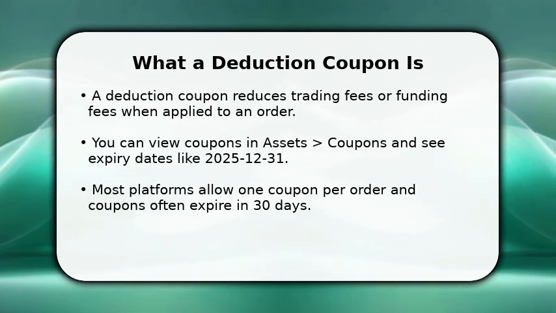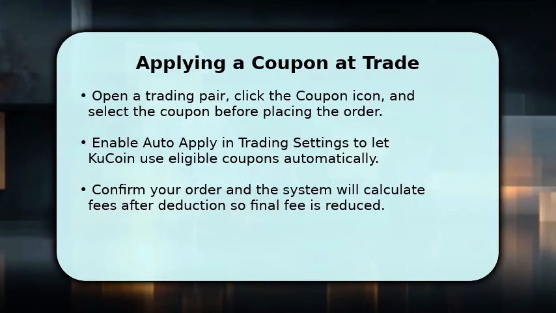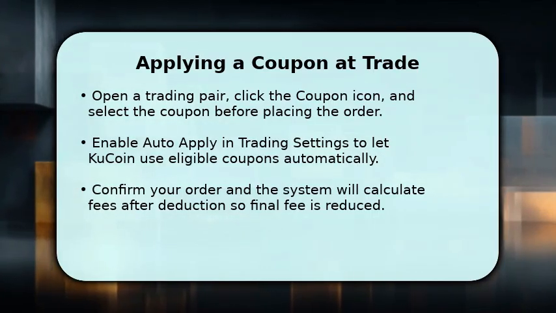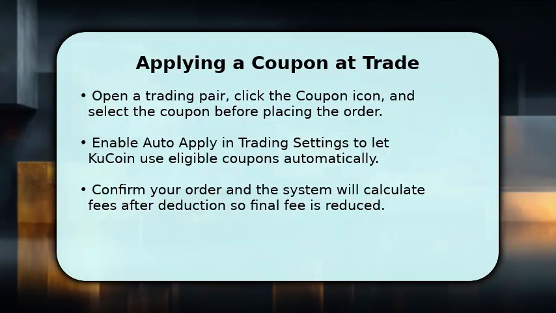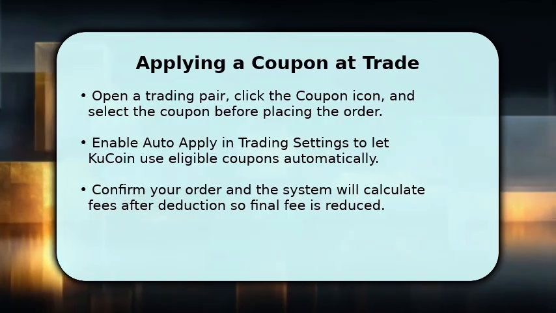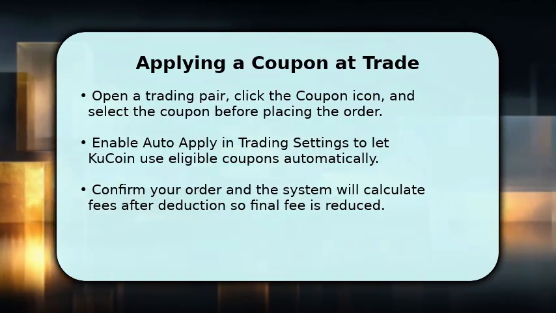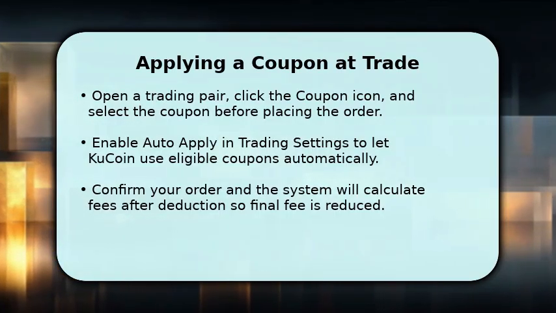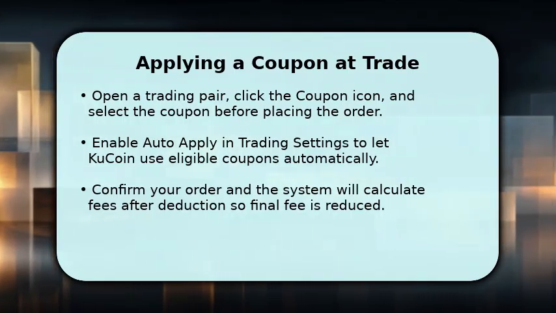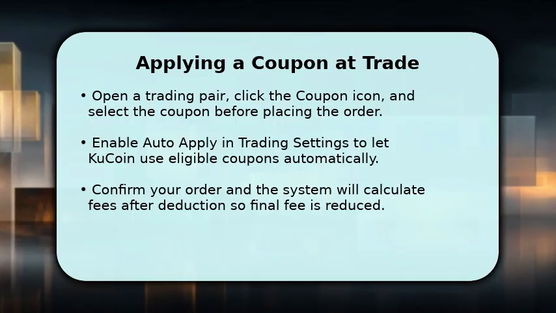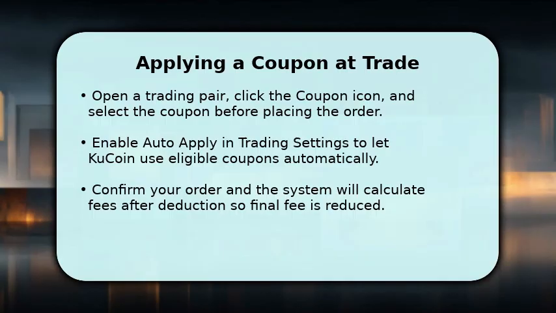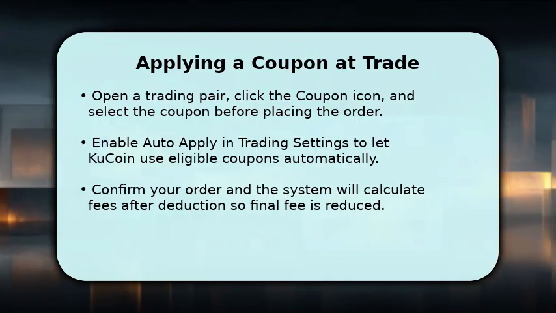losing value. To apply a deduction coupon, open the desired trading pair and prepare your buy or sell order. Click the small coupon icon in the order panel and pick one eligible coupon from your list. The interface will show the adjusted fee. You can enable auto-apply in trading settings, so Kucoin will prioritize and attach eligible coupons automatically. After you confirm the order, the platform recalculates the fee, shows the post-deduction total, then executes the trade with the